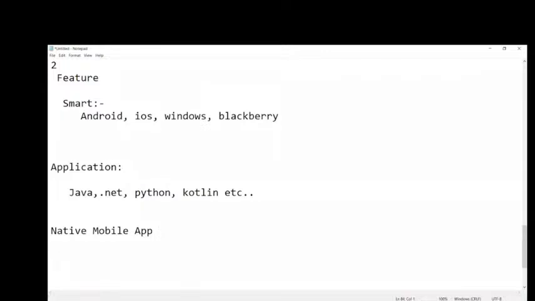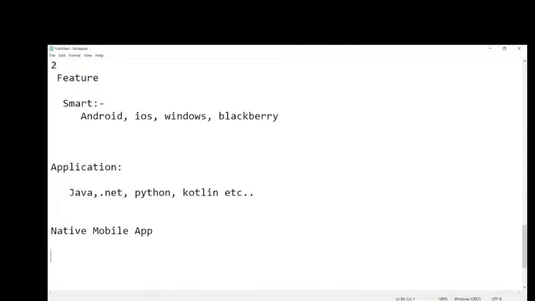What is the meaning of native mobile app development? If we develop an application, it is suitable for one environment, here Android. I can install these applications on an Android phone, not on another phone.